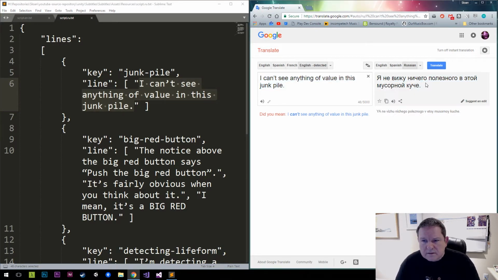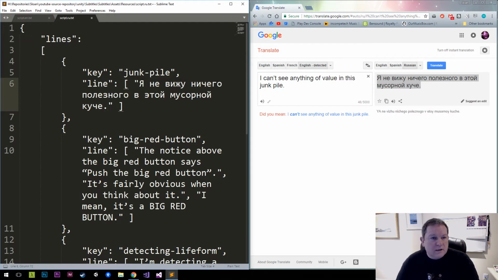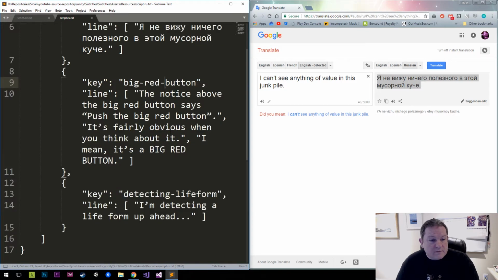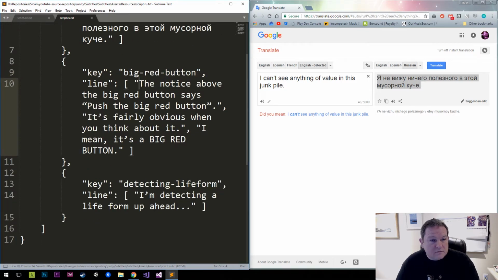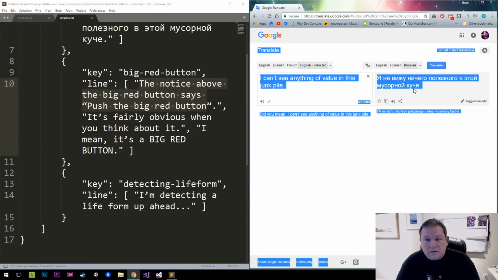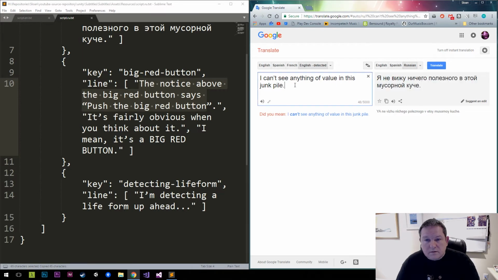So I'm going to take this value here, and then I'm just going to copy and paste it into here, and you can see that we now have our Russian text over here. And I'm going to do the same thing for the other ones. So this one here,